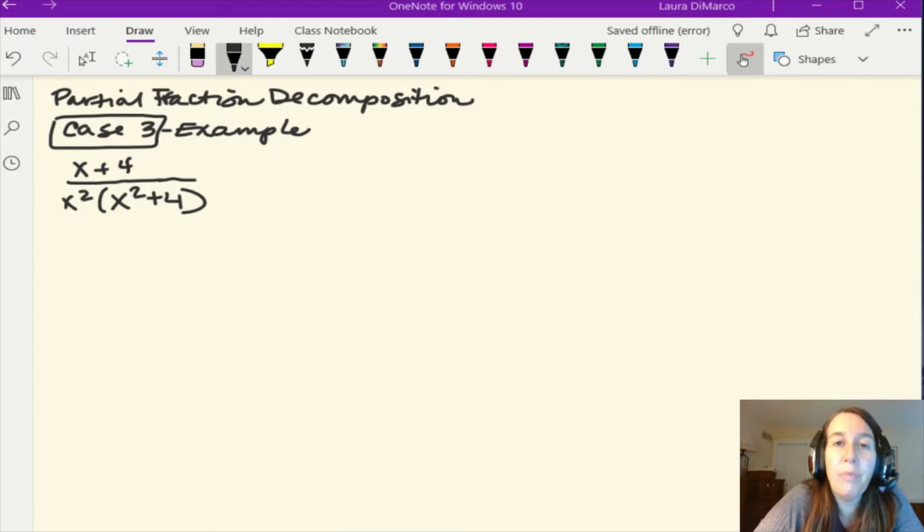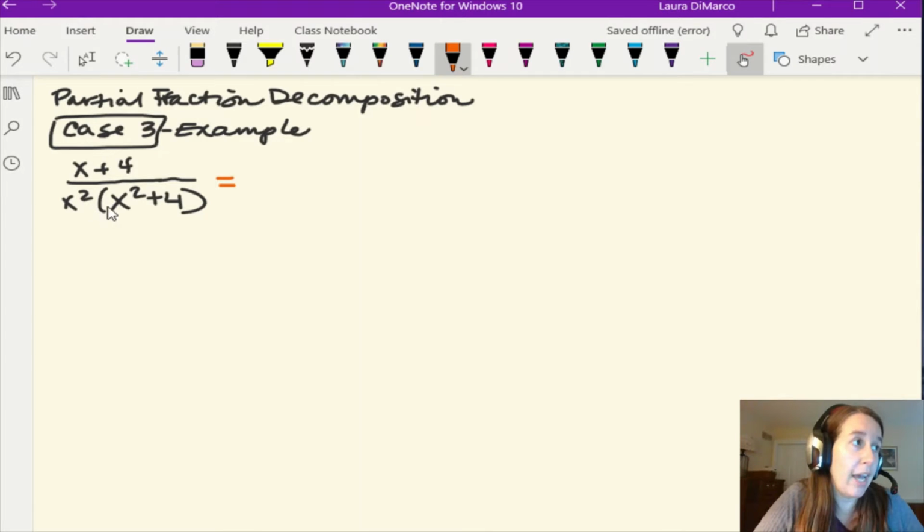Okay, so here's one last example of case 3 of partial fraction decomposition. Just another look at one in case you need a little more practice or help. So you may just want to see the setup if you're pretty confident with following through on the rest of it. Okay, so we look at this problem and we actually know that it's case